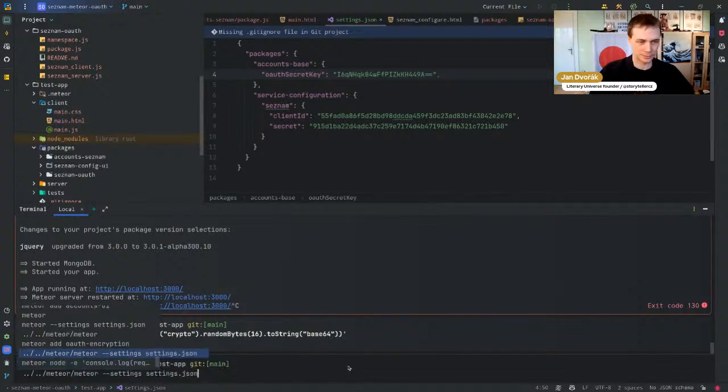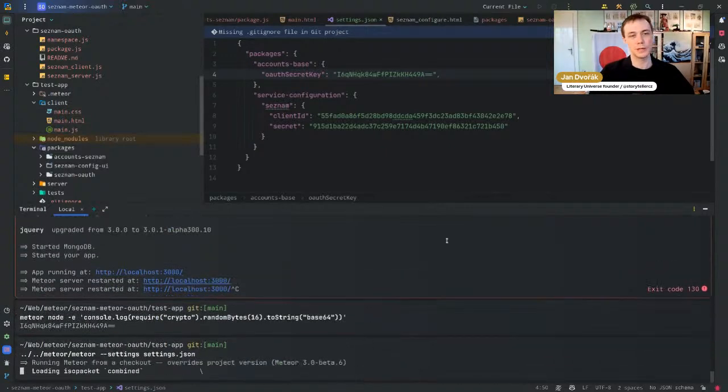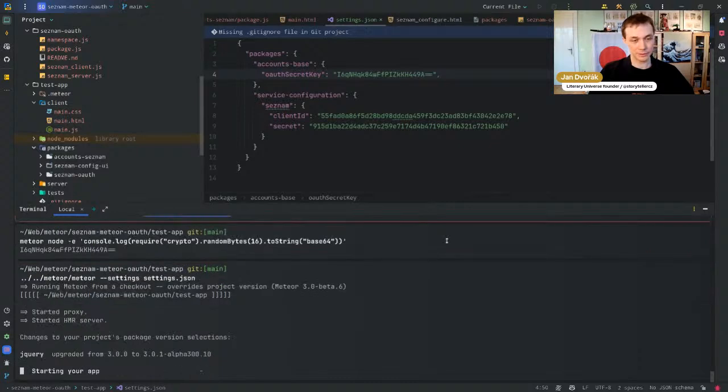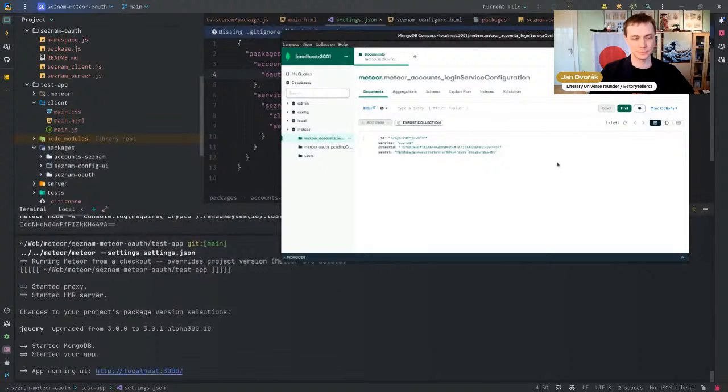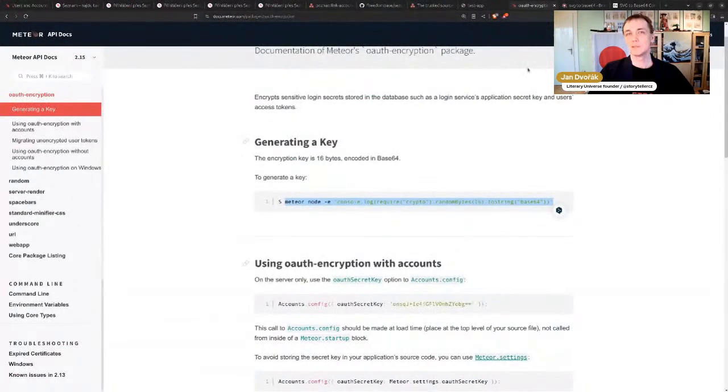And now, started, we should get either an error because I did something wrong, or it should encrypt our secret. So, yep, you see it's now encrypted and ready to go. So that's, I hope if you have not been doing this already, this is a must if you are using OAuth to have. Now that we have fixed this,